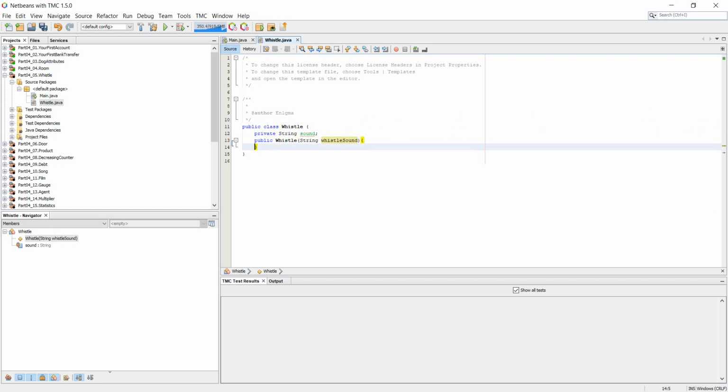After that we have to create a method public void sound. Keep the methods after the constructor. So let's write the void sound method that prints the whistle sound. So it has to print